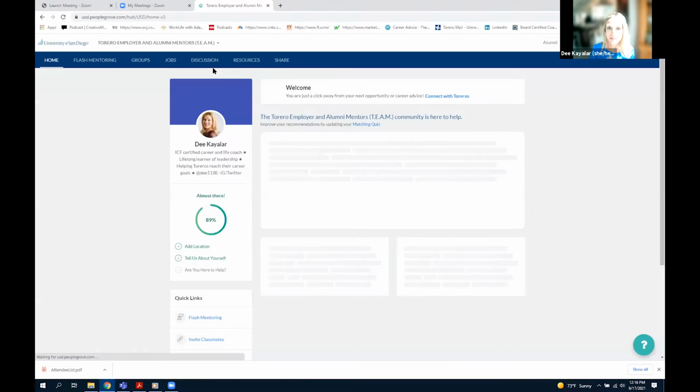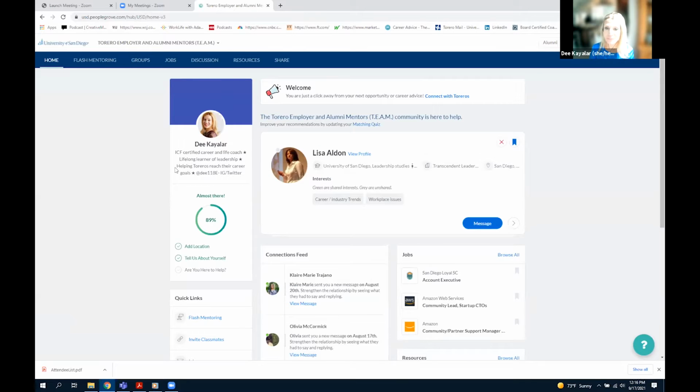Okay, so this is my nearly complete, 89% complete profile right there. One of the ways that you can leverage your profile for your networking is to make sure that you have as complete a profile as possible. So in order to complete your profile, you would need to go to your icon on the upper right-hand corner of your screen, click the arrow, and then,